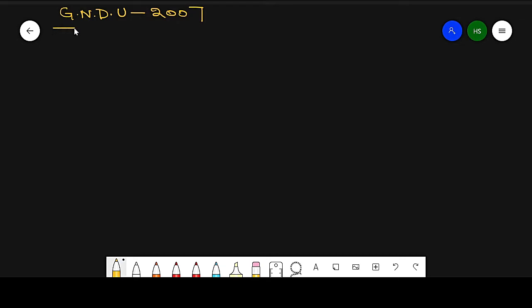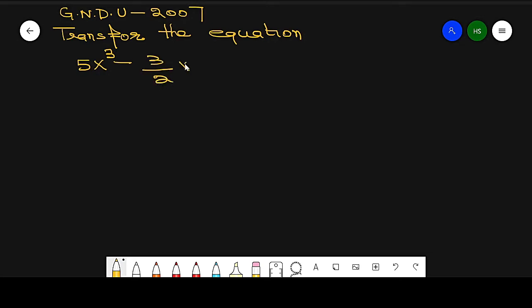The statement is: transform the equation 5x cube minus 3 by 2 x square minus 3 by 4 x plus 1, which is equal to 0,